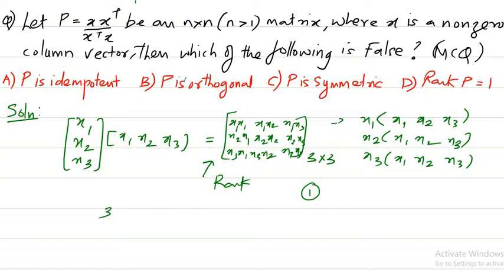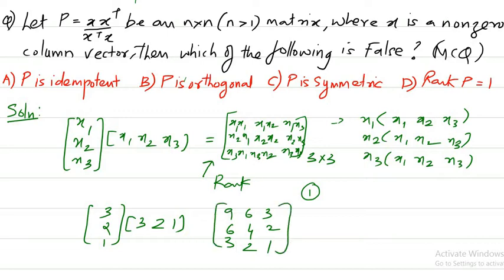Or if you want to understand clearly, take a small example and see what you get. 3 times 3 is 9, 3 times 2 is 6, 3 times 1 is 3, then 2 times 3 is 6, 2 times 2 is 4, and 2 times 1 is 2, and the last row is 3 2 1. If I ask you to find the rank of this matrix, what will you do? If you convert to row reduced echelon form, I'll divide R1 by 3 and R2 by 2, so I get my matrix to be 3 2 1, 3 2 1, 3 2 1.